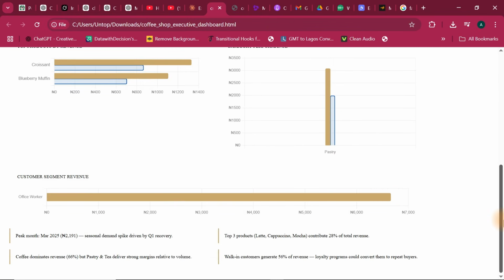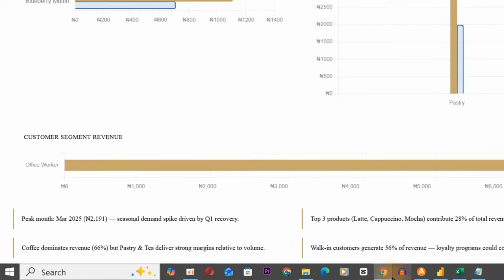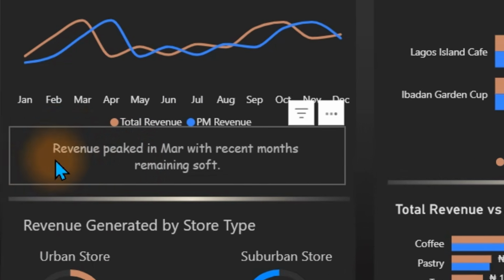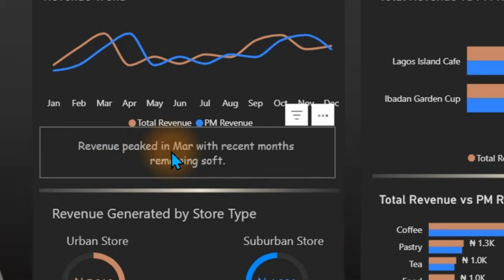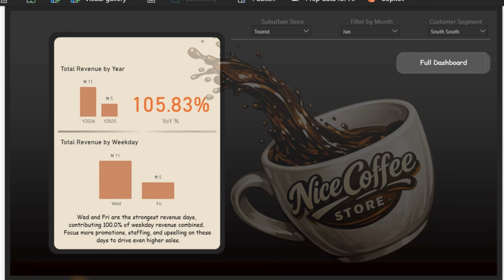And if we scroll all the way down, you can see we have this insight where it says peak month is actually March 2025. Let me show you the version I have built using Power BI. And over here, it says revenue peaked in March as well. Can you see how beautiful it is? This takes me a couple of hours to put together. And the AI version is going to take you less than 5 minutes